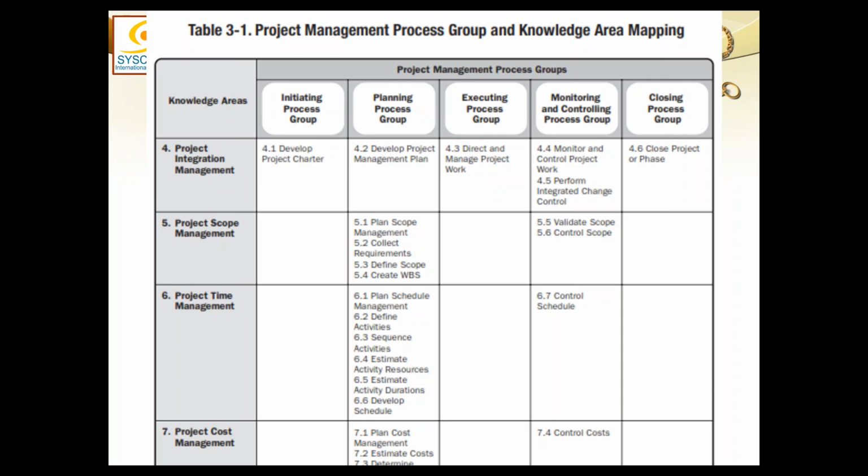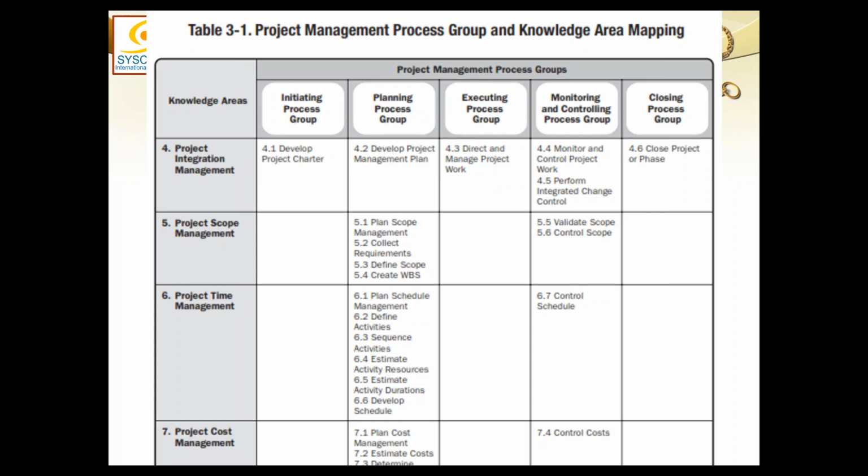Validate scope is the process where user acceptance is done. This is again an inspection, which ensures that the product is exactly according to what the customer wants. And if user acceptance is passed, then the deliverable is now called a validated deliverable or accepted deliverable. And from there, a deliverable goes on to the closing process group, from where it will be handed over to the customer.